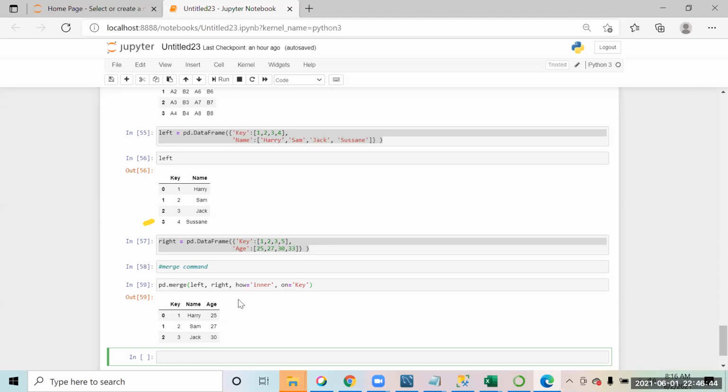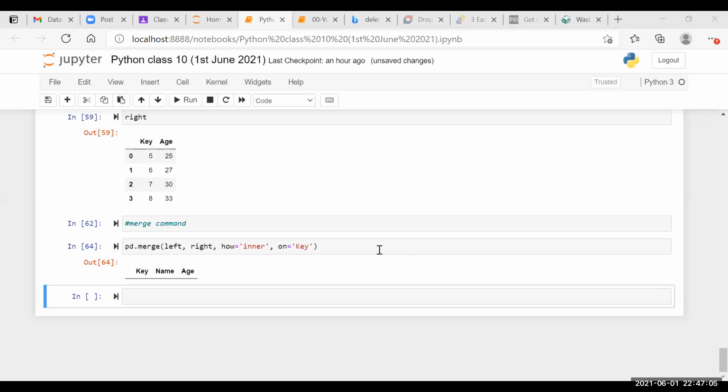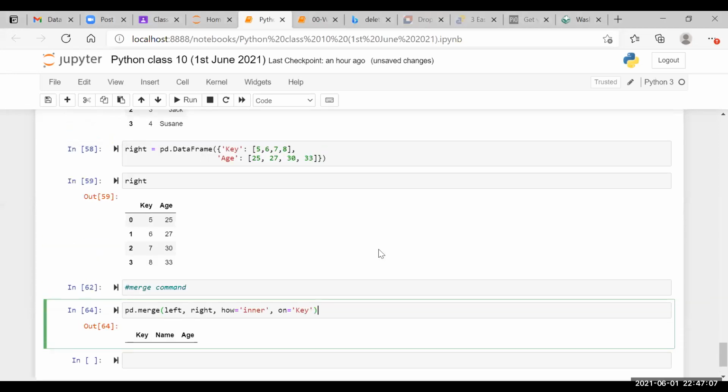I mean, it's not giving me any output. It's just giving the column names, key name, age. Can you share your screen? Sure. If I run this again, it's just giving me this.